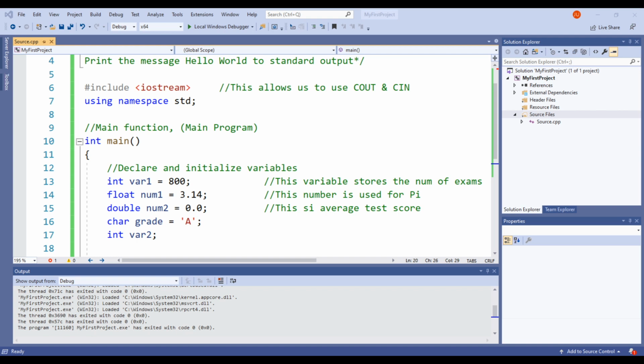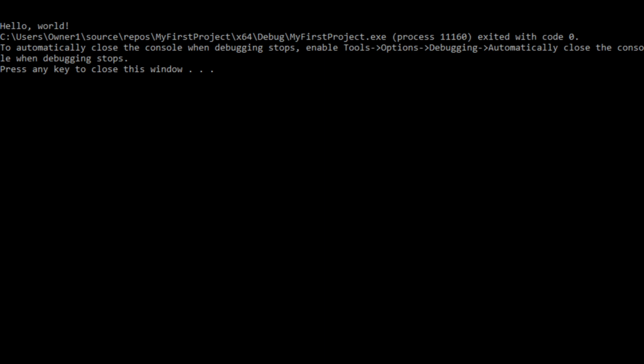Okay, so what I need to do is, let me move over to this other window because it's still up, and let me transform this to fit to the screen. Okay, so this is the standard output that's pulled up right now. So you can see there I said hello world. Now it says, exited with code 0, to automatically close the console when debugging stops, enable tools, and so on. Okay, so what it's saying here is that if we go back,